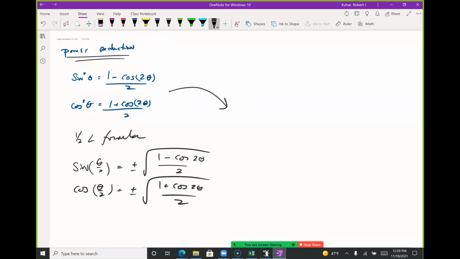So there are our half angle formulas. And you can kind of see, and you don't have to, so don't look too much. You can kind of see the relationship between, oh,